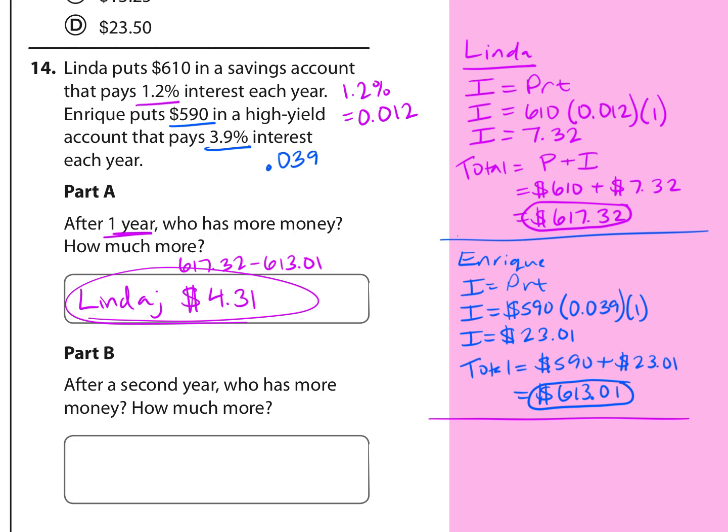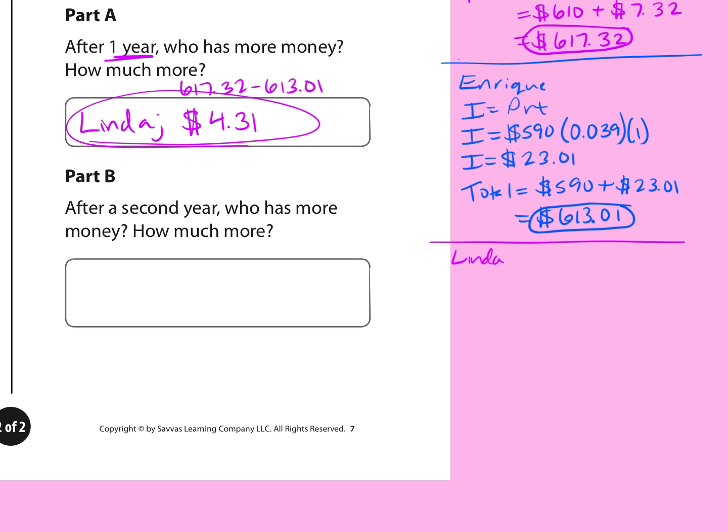Okay, after the second year, who has more money? Well, let's go back here with Linda after 2 years. Once again, we're using the same formula, I equal PRT. And we still have 610 times 0.012, but this time it's times 2 years. So the interest is $14.64, and the total, we're going to take where she started once again, $610 plus $14.64